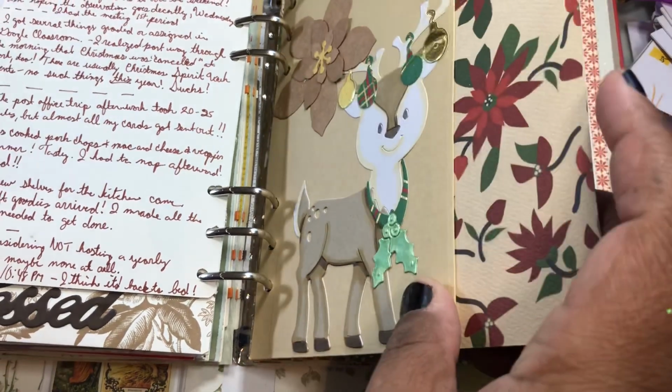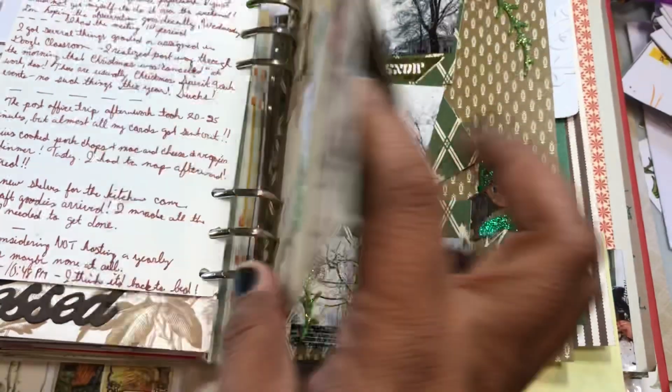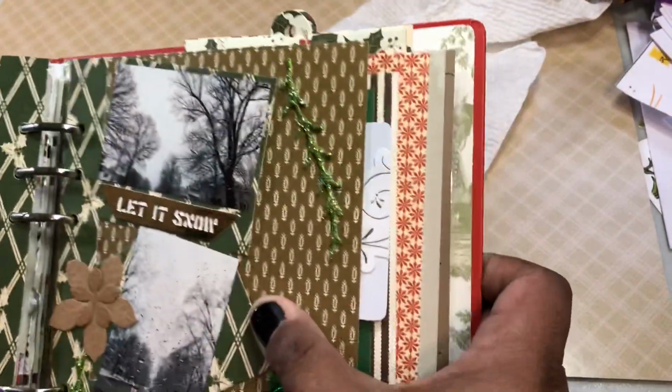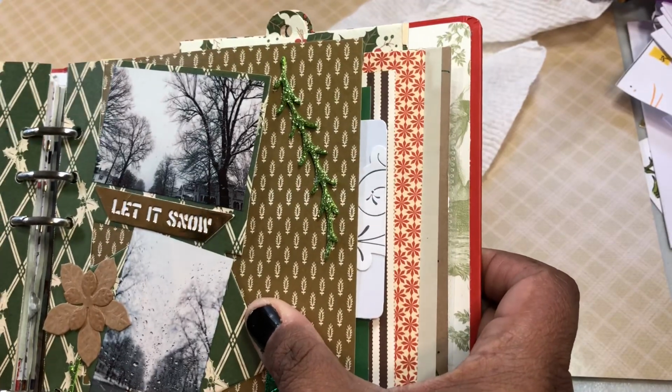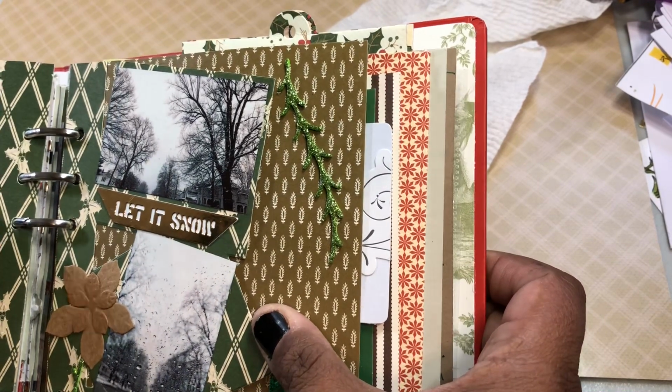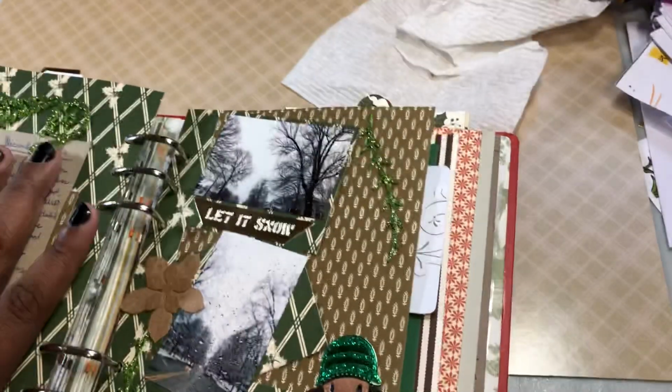by Stamps of Life. I couldn't think of that for a minute. Okay, so then let me see. There's parts of this. I'll just have to hold it like this. So then on this one,